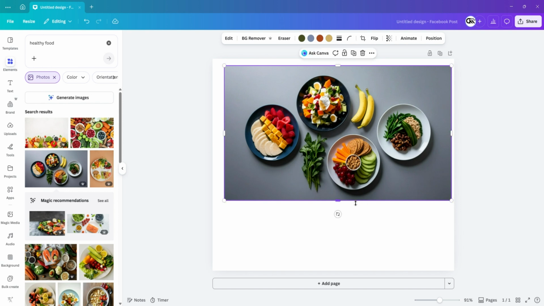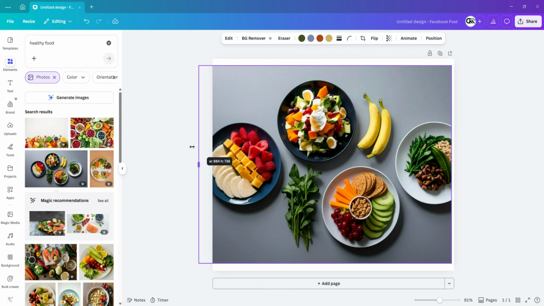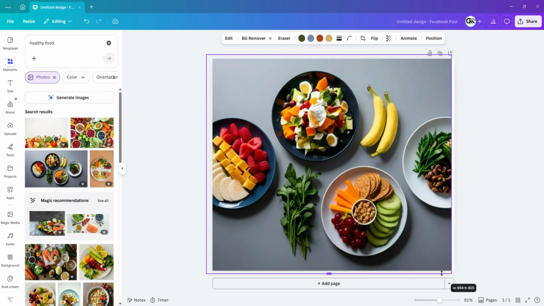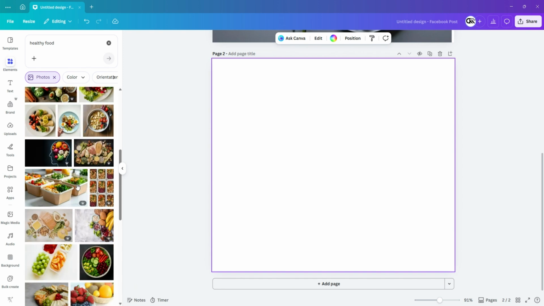To stretch it, I click and drag the corner handles to scale the photo up. Then, I use the side handles to pull the edges outward, adjusting the placement until the image completely fills the entire background. To show you another example, I'll click Add Page at the bottom and select a different photo from